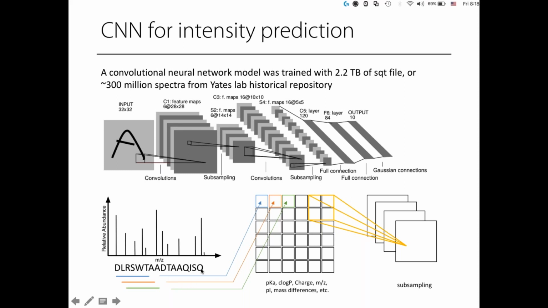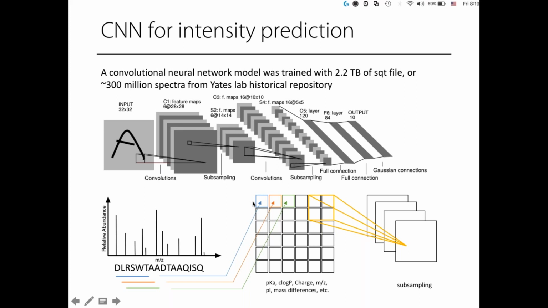So we actually predicted a pKa, C log P, a charge, the m/z, pI, and the mass differences together with all the intensity data within the MS2 to do a convolution. So what we did is we did a 5 to 7 amino acid sliding window. We start from one end of the peptide, and then we take the first 5 to 6 amino acids, and then we calculated the pKa, C log P, all these physical properties, and we put it into the